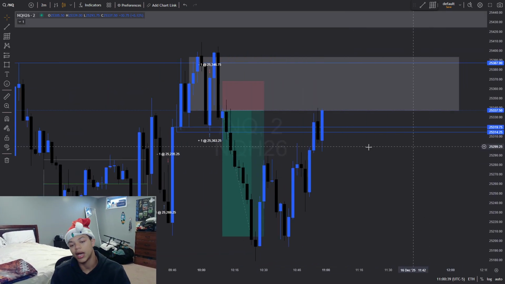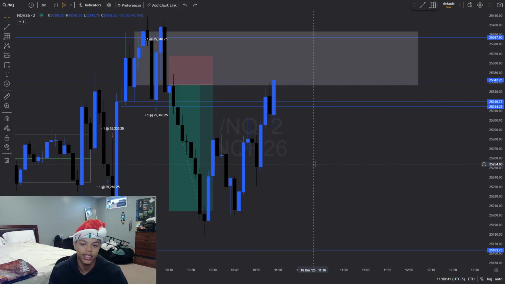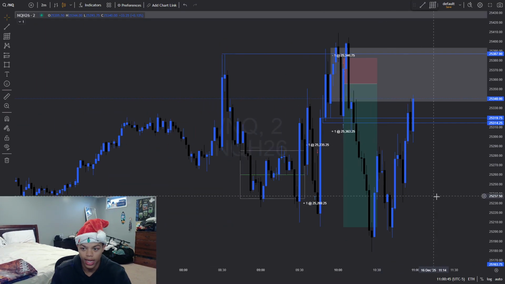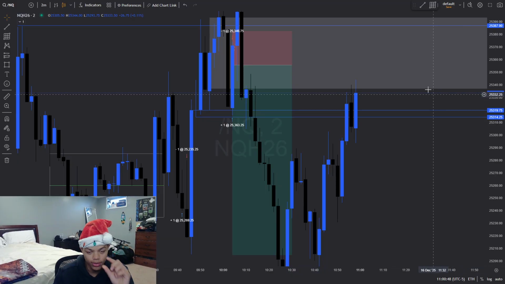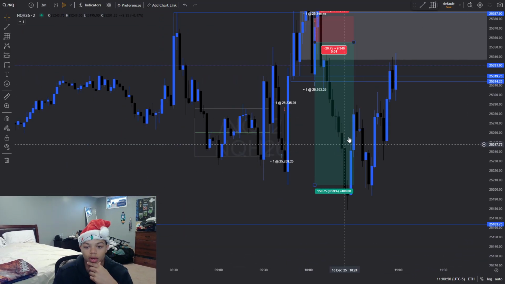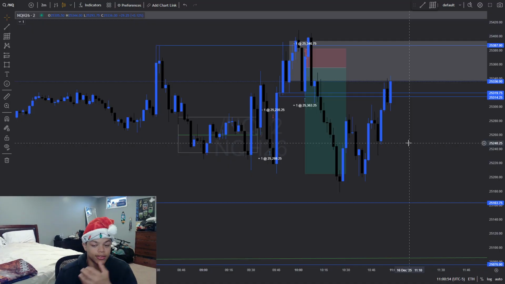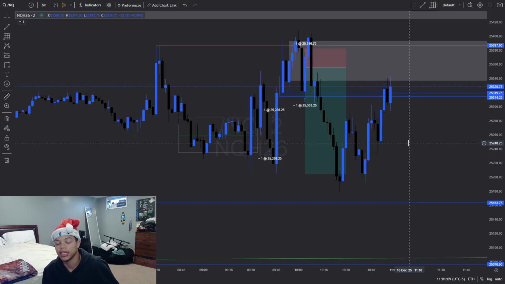Yeah, so that should have been my ideal trade, but wasn't. Got wicked out. But that's a part of it, man. It's a lot of the little stuff, the minuscule details, that you really have to take account for when you're looking at these models, at least for my model in particular. But this was actually a really good trading day. I'm glad that I was able to see the model play out for the manipulation higher, and then see the model play out for the distribution lower, in my opinion.